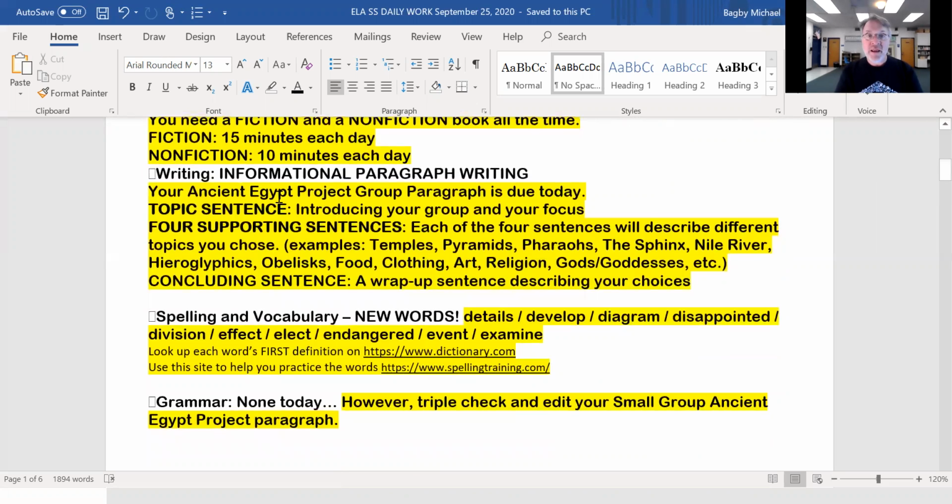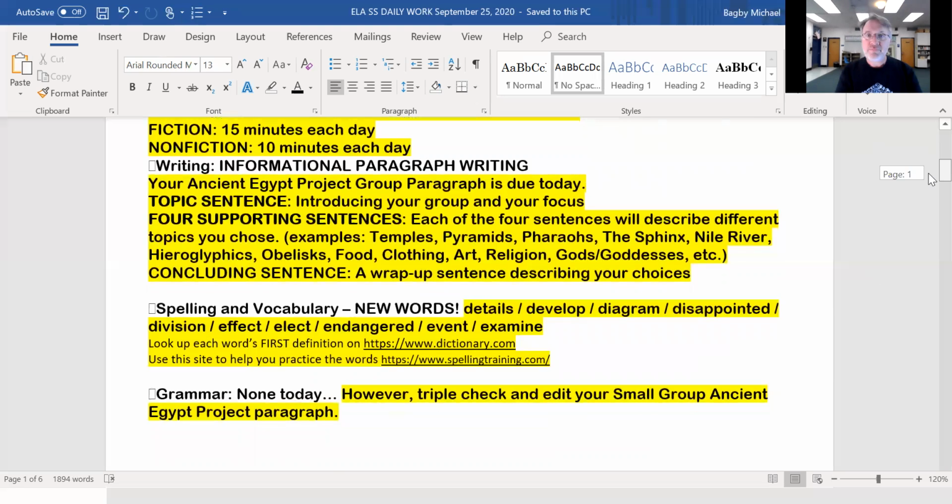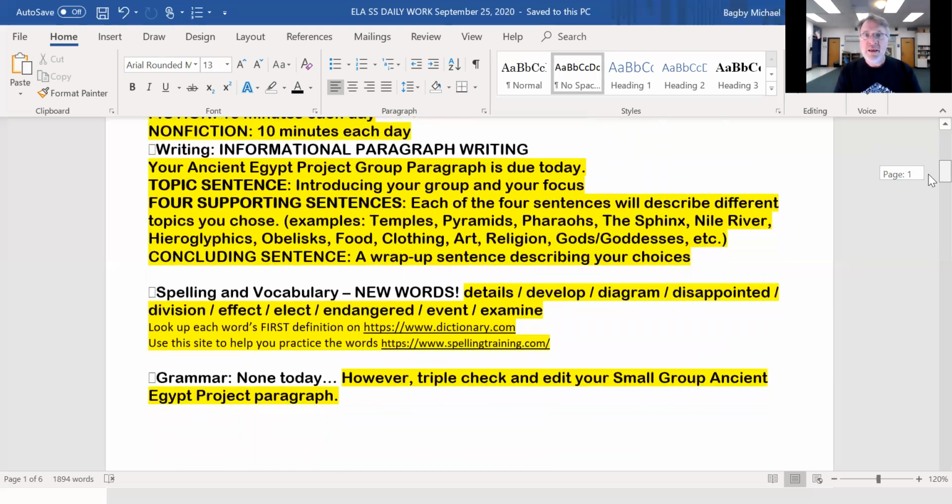That paragraph is due today, your Ancient Egypt Project group paragraph. Now, as you know, we did the OneDrive experience yesterday, and I thought it was fabulous. You guys can type together, work together. Just remember the same protocol and decorum. Be kind to each other about your comments. Don't just randomly erase things without getting permission first, and make sure that you're working together. And sometimes when you work together, you have disagreements. So you have to talk it out, talk it through, and then make a choice. And then accept that choice and move on and get the paragraph completed.